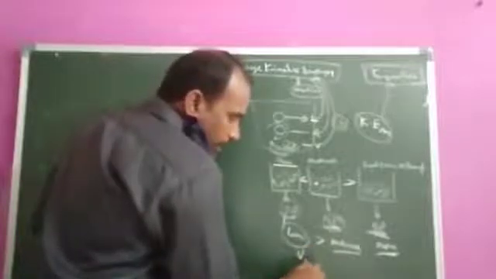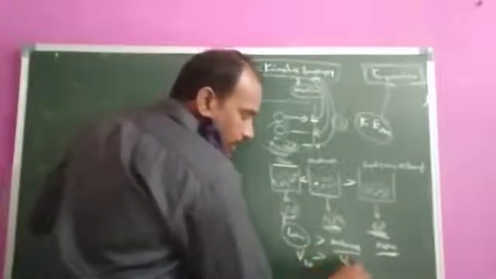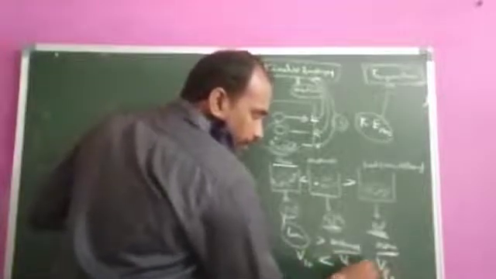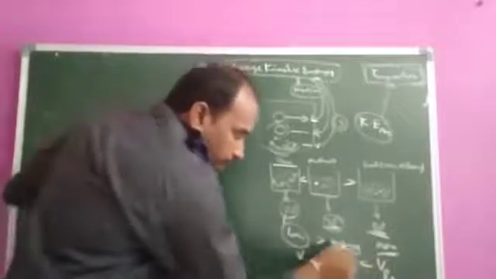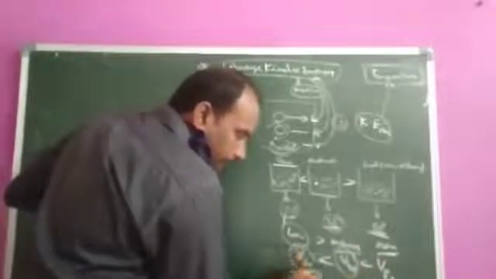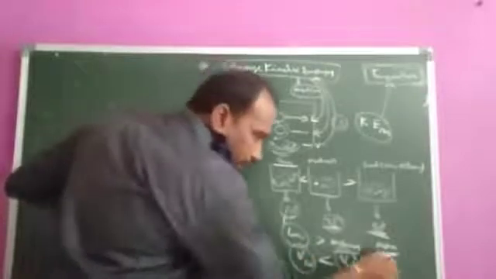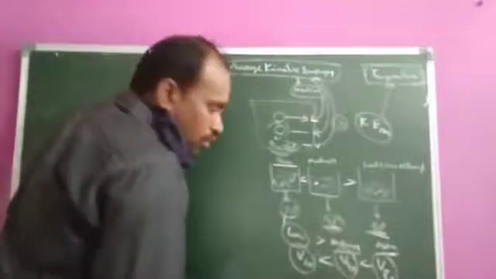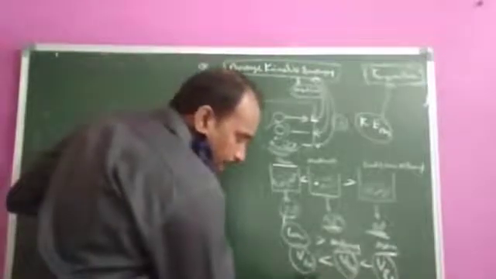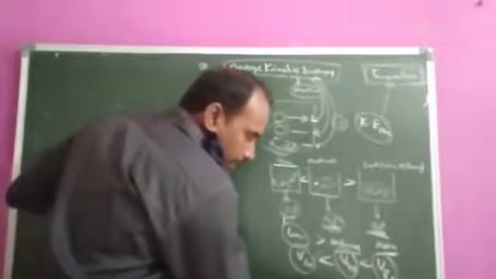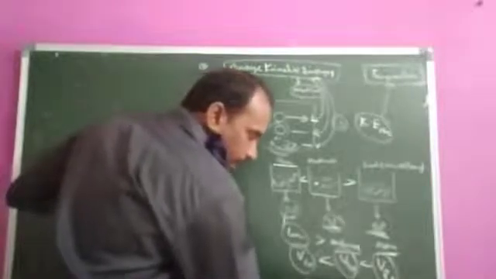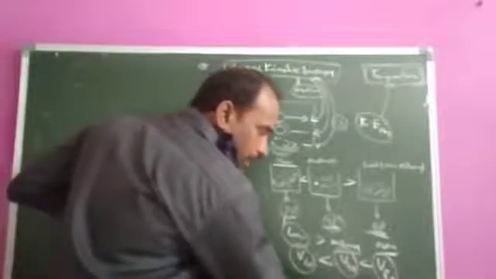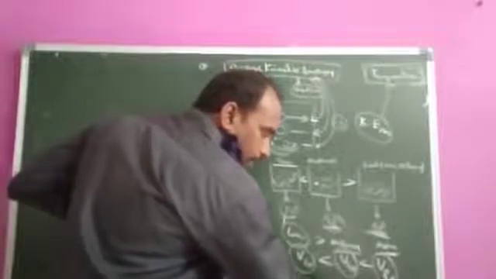Velocity at 20 degrees centigrade, velocity at 40 degrees centigrade, and velocity at 80 degrees centigrade. What are you observing? The velocity at 40 degrees centigrade is greater than the velocity at 20 degrees centigrade, and the velocity at 80 degrees centigrade is greater than the velocity at 40 degrees centigrade. Based on this, the kinetic energy at 20 degrees is less than the kinetic energy at 40 degrees, and the kinetic energy at 40 degrees is less than the kinetic energy at 80 degrees.